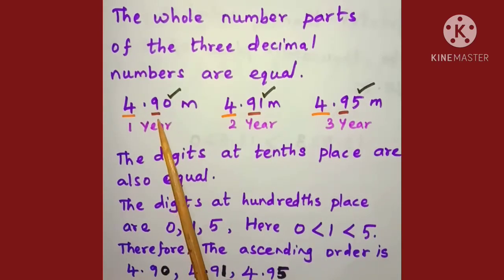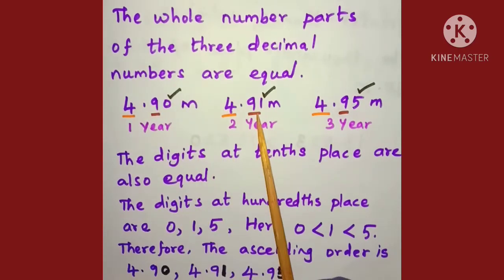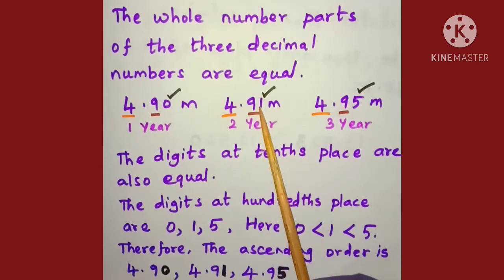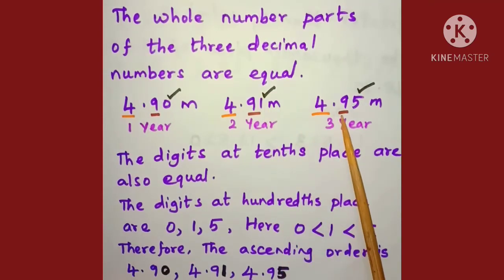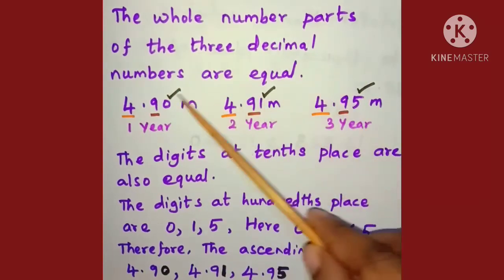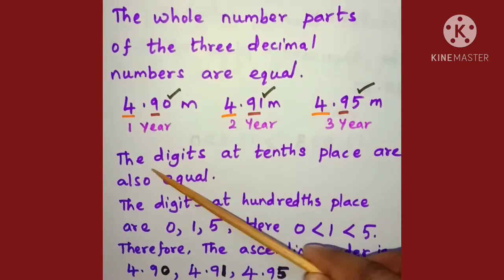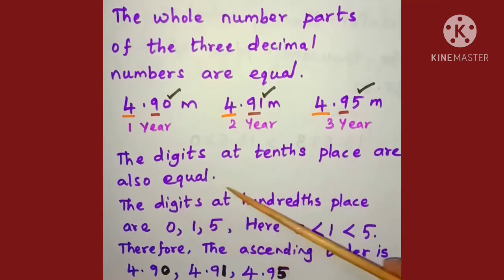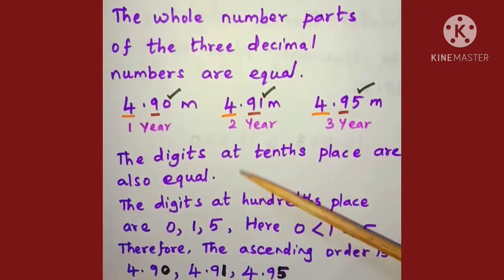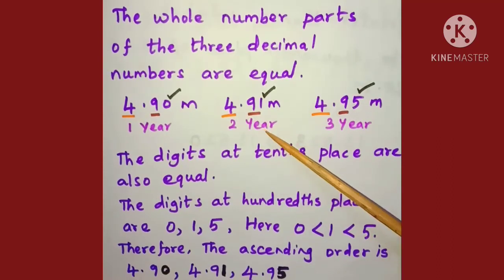And the first year has 9 in the 10th place, the second also has 9 in the 10th place, and the third has 9 in the 10th place. So the whole number parts of the 3 decimal numbers are equal as well as the digits at 10th place. So our next step is to compare the